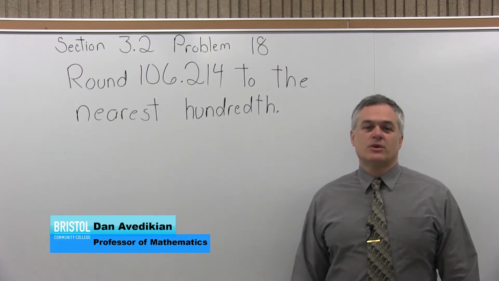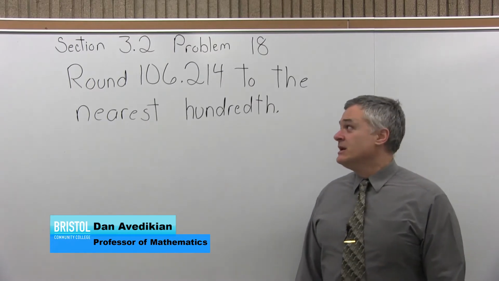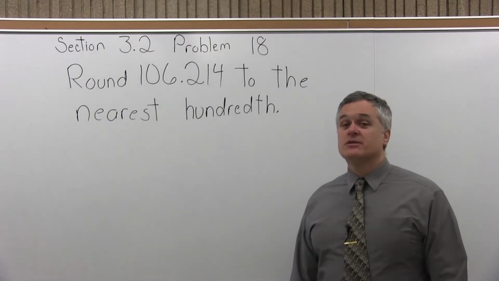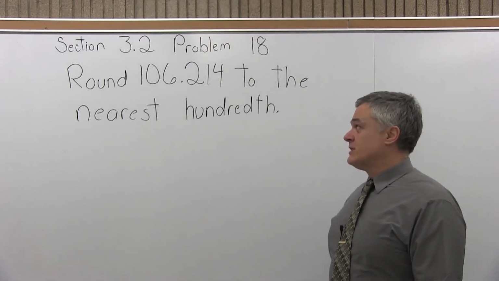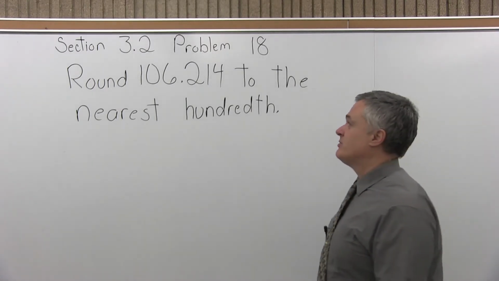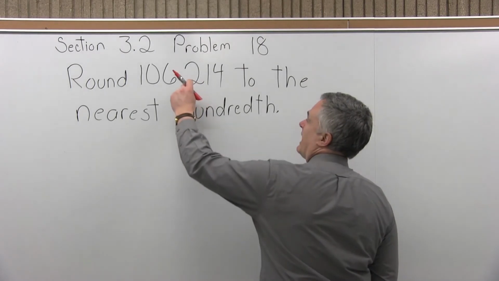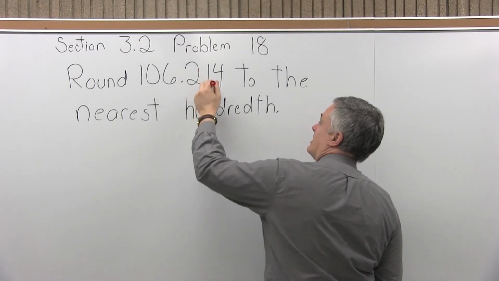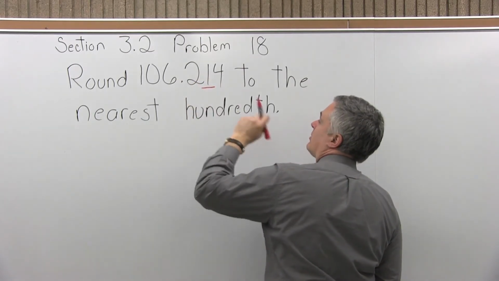This is Section 3.2, Problem 18. It says round 106.214 to the nearest hundredth. So first, let's figure out which digit is in the hundredth position. After the decimal, the next one is tenths. After that is hundredths. So for this problem,